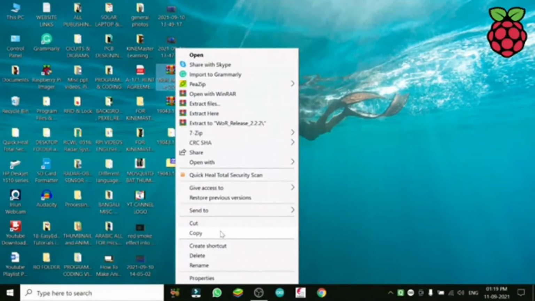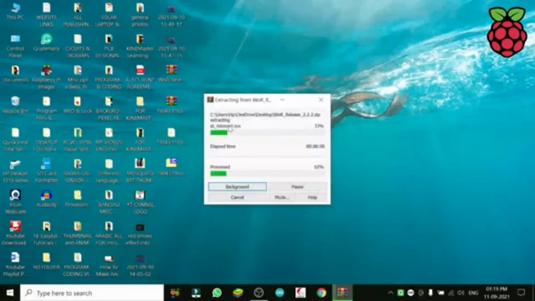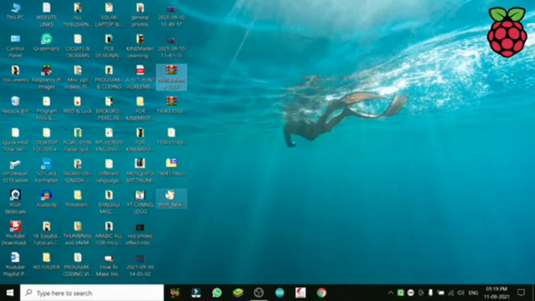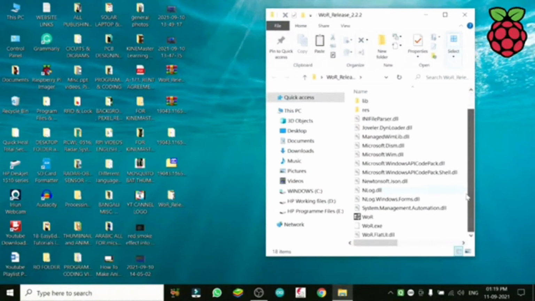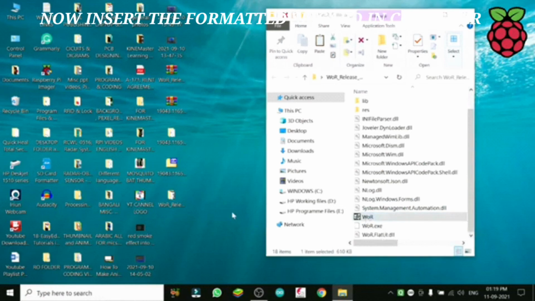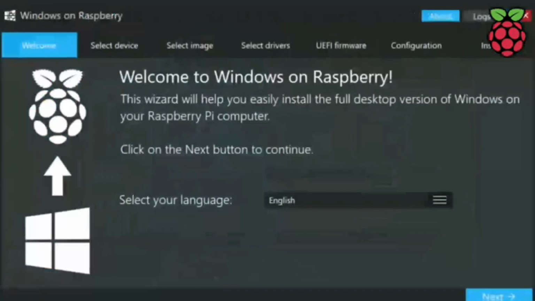So we will unzip, extract it. The Windows release has now come here. We will open it and select a folder to get it installed. Here it is, WOR. We will open it and start installation. In the beginning it will ask the same thing, English.